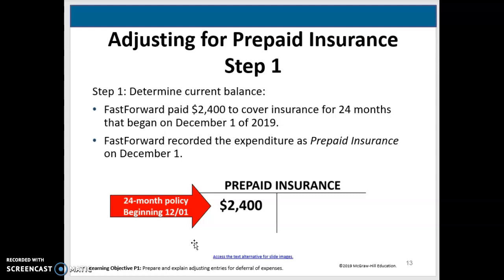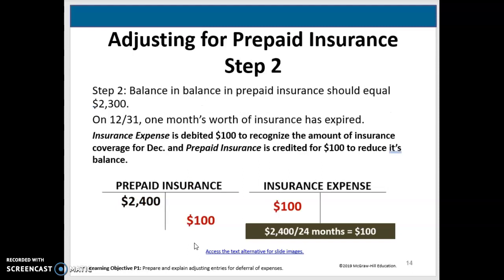So we paid $2,400 up front, so we debited prepaid insurance and we credited cash because we paid it out. So our balance currently in prepaid insurance is $2,400. So that's our first step. Our second step,